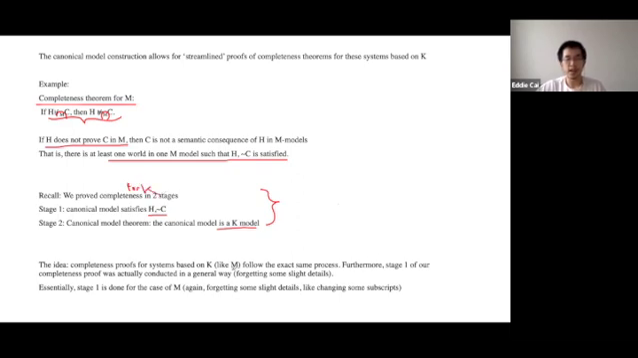So the idea is that completeness proofs for systems like M, for instance, are also going to break down into these 2 stages. Interestingly, stage 1 of our completeness proof basically looks the exact same for the M case. If you go back to that part of the lecture, we see that that proof was